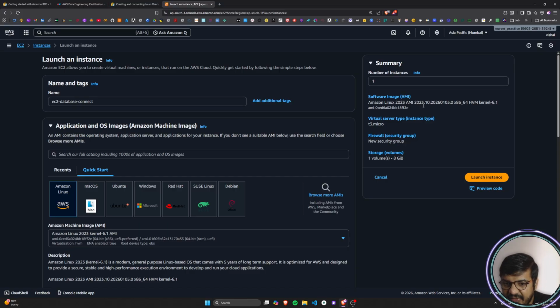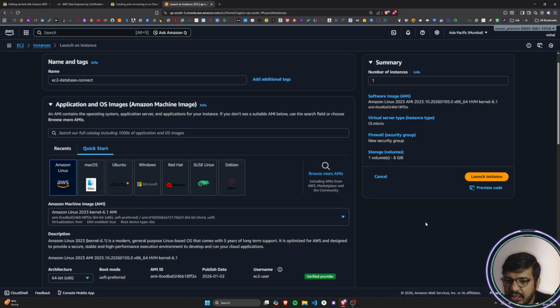The software image that we have chosen is the Amazon Linux 2023 AMI. The instance type we have chosen is T3 micro. Firewall wise, we have a new security group. Storage wise, we have 8 GB of storage for now. Now I can click on Launch instance, or else,